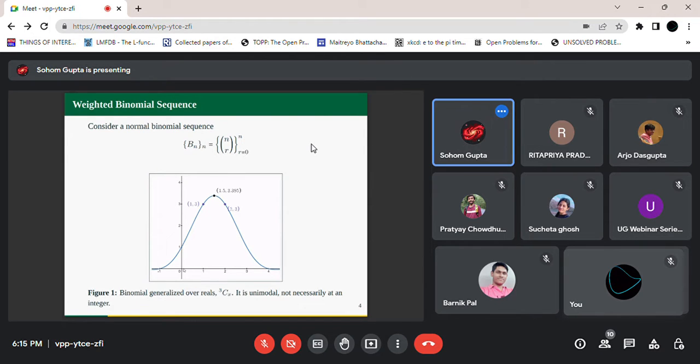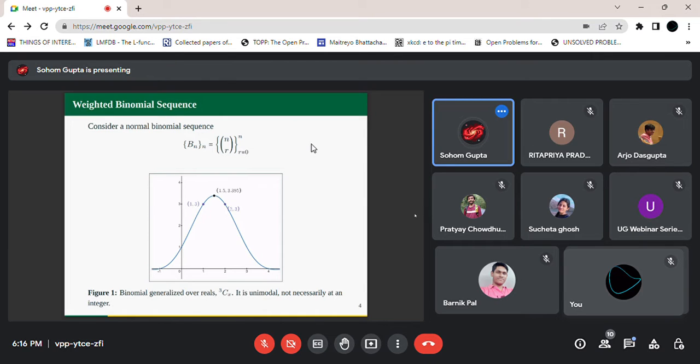And you can see that from r equals 0 to n, and n would be 3 in my case, because I have given 3Cx, it's 1 at 0, it should be 1 at 3 as well, and it's unimodal. So we can see which is the maximum term when we are doing a binomial expansion. You can see that the mode here is not an integer. It's actually 1.5 exactly, which is pretty interesting. But then again, it's a symmetric graph. You know that nCr is nC(n minus r). Same holds for beta functions as well. And so the mode is exactly at 1.5. So it's not on an integer. But if we didn't have any reals, then 1 and 2 would both be the points at which the